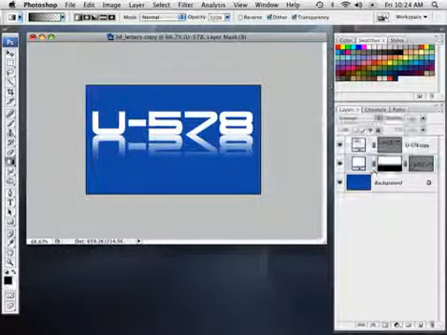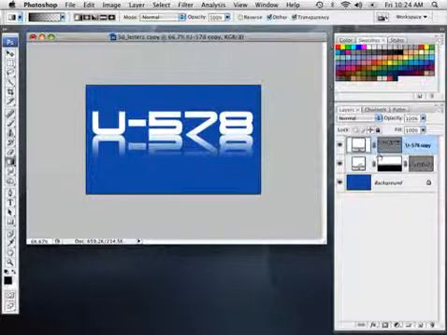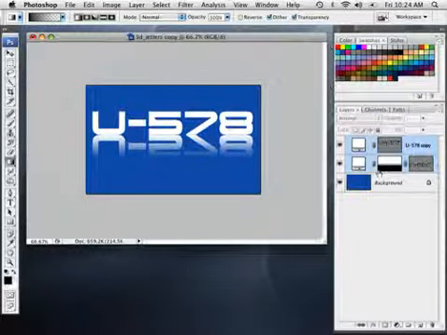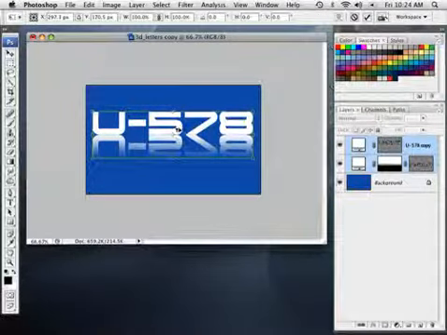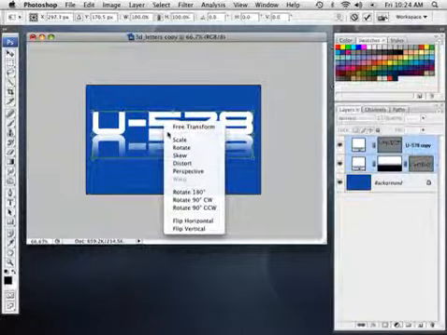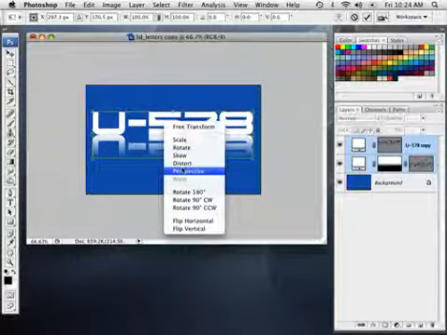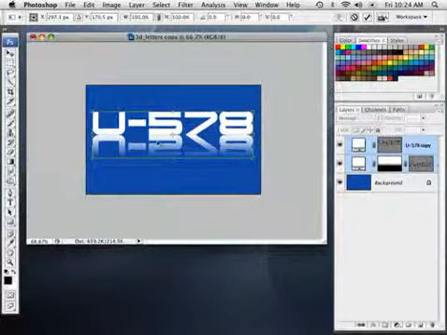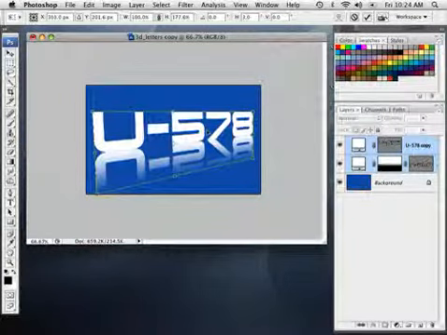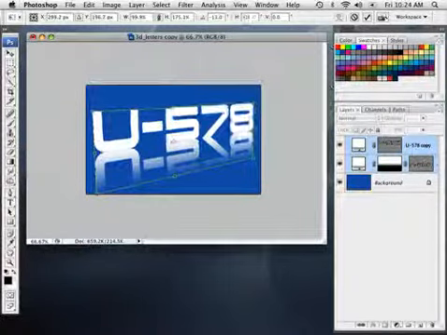Now what I want to do is click this top layer, hold down my shift key and add to that layer selection by highlighting both of these layers. Now I'm going to press Command or Control T again. With both layers selected, I'm going into the flyout menu by holding down my Control key or right-clicking on it, and we're going to go to Distort, just as we did earlier. But now, when I distort this text, you can notice that